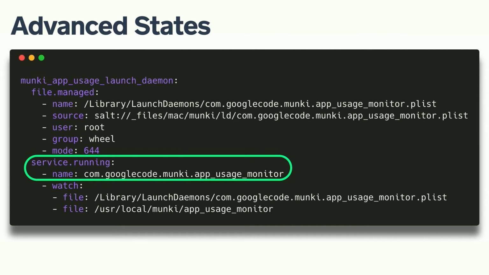So some configuration management tools might have this labeled as like launch daemons or launchd or launchctl. Salt tries to bundle it all underneath one name, so you can run it on multiple platforms and you don't have to specify multiple things. So in this case, launch daemons are services, and we want to ensure that that launch daemon is running. And we're going to check that